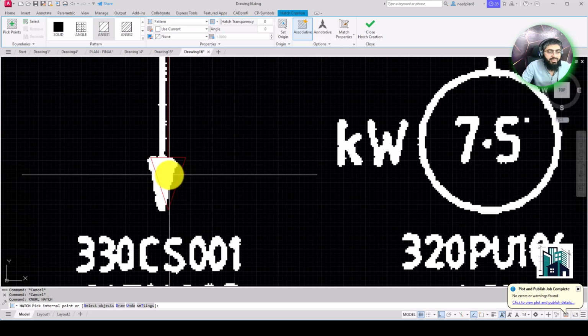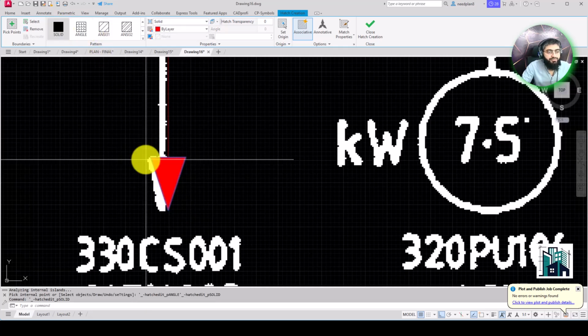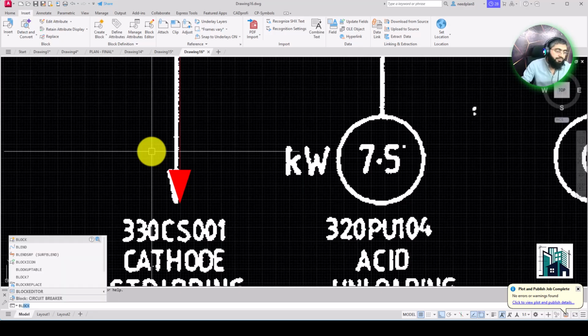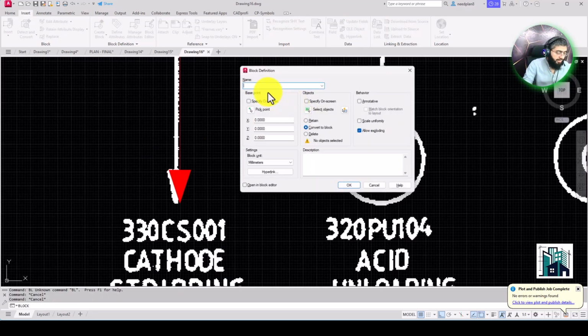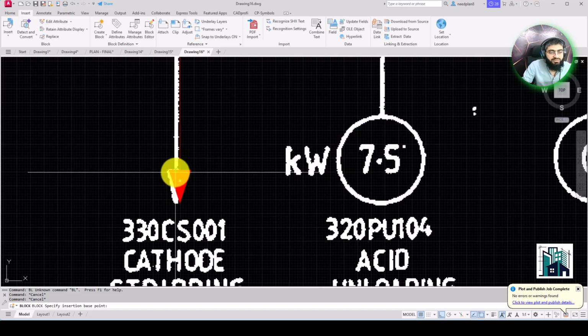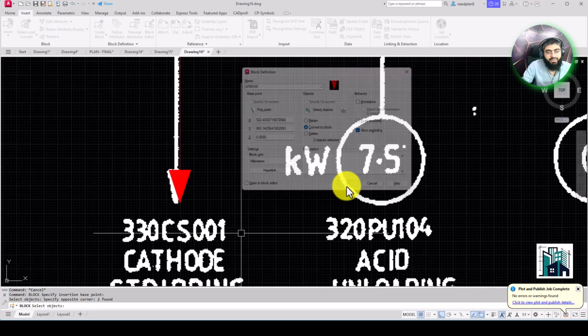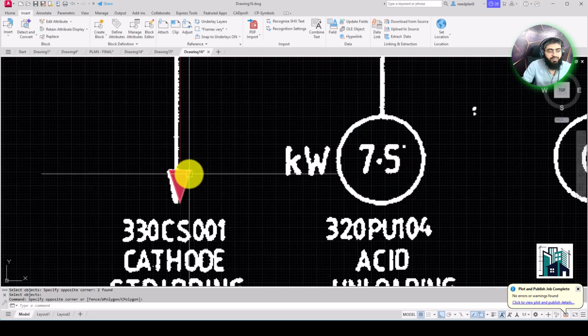Then you will click K and then you can make a hatch. So like this. So I'm gonna make a block, BL. So BL, block and arrow, and then select the pick point. This one is the base point, and then select object and then enter. This one becomes a block,